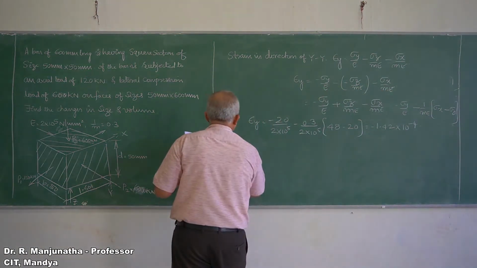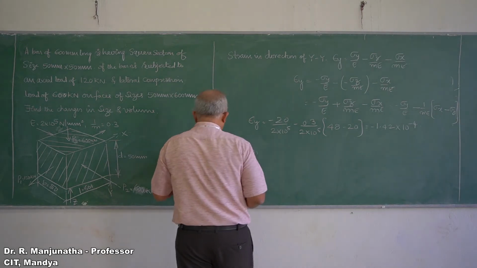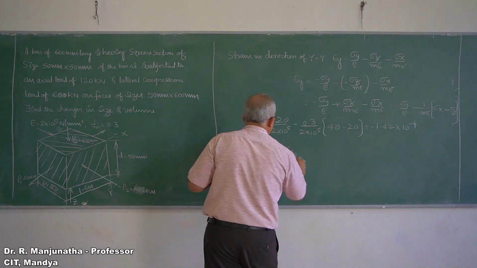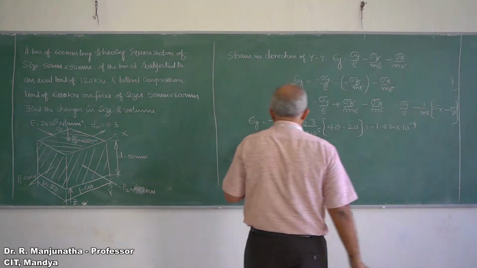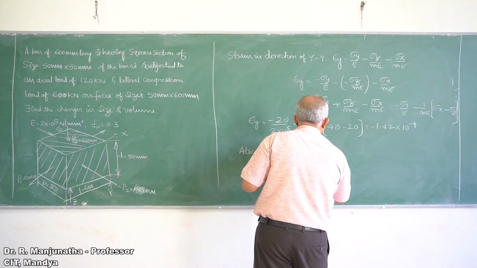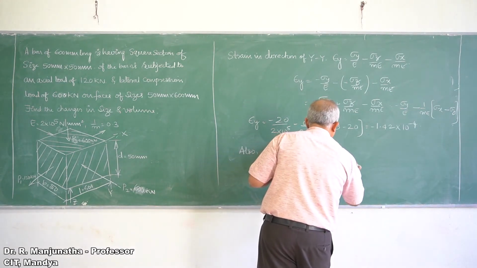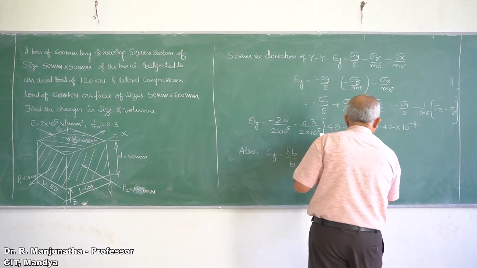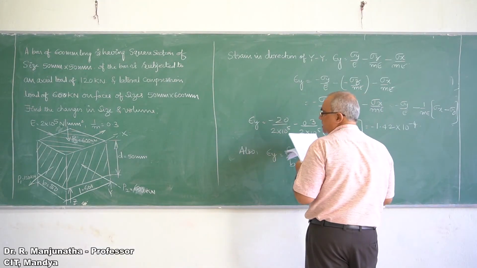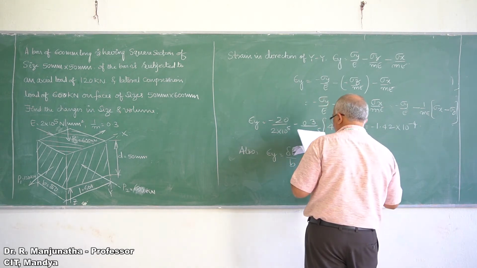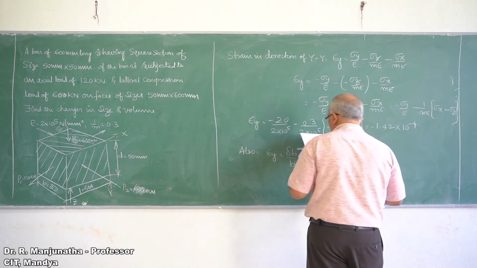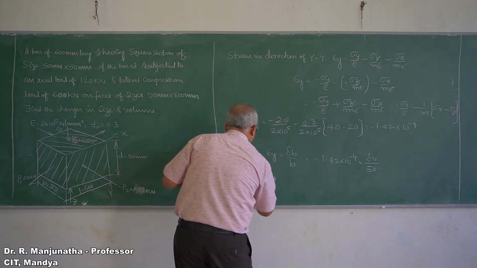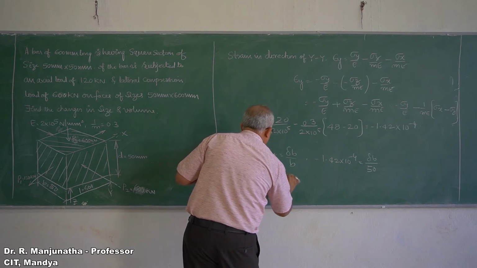And also, epsilon y is given by the width, that is delta b by b, which is minus 1.42 into 10 to the power of minus 4, equal to delta b by b. The b value is 50. So therefore the change in width, which is delta b,